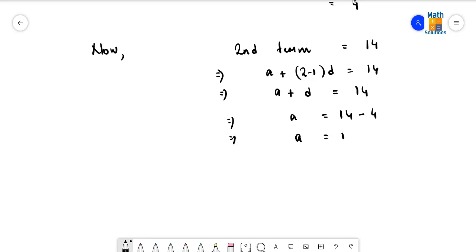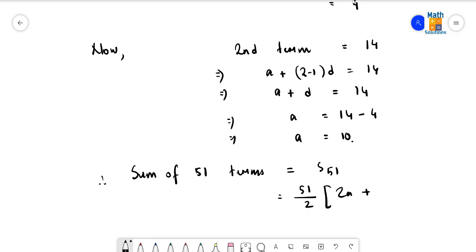Value of a will come as 10. So the first term here we got to be 10. Next we have to find out sum of 51 terms. Therefore sum of 51 terms is equal to S51 is equal to 51 by 2 twice a plus